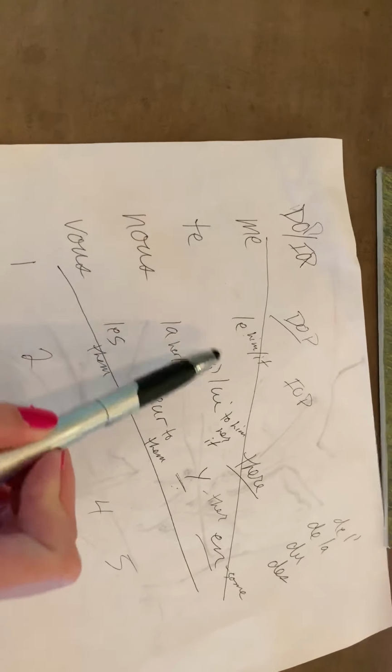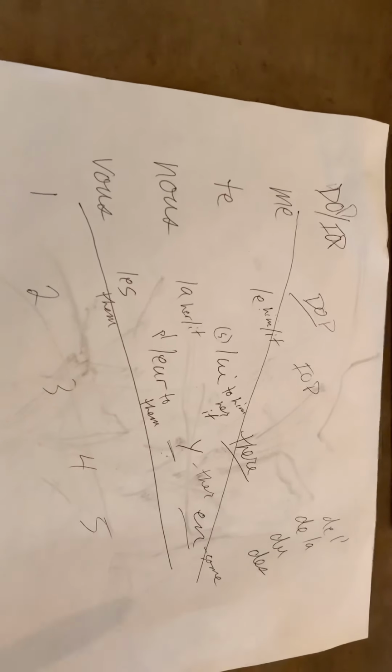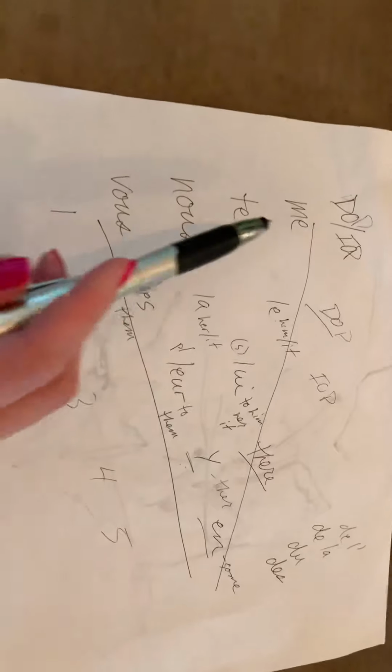So if I want to say I see him, je le vois. Right? You always put it, the thing I tell my students is in front of the verb, okay? So it's in front of the verb. So instead of in English, you say I see him, 1, 2, 3, we'd say 1, 3, 2: I, him, see. Same as in Spanish. But in Spanish it's easier, because in Spanish these change if you have two. But this is just the order.